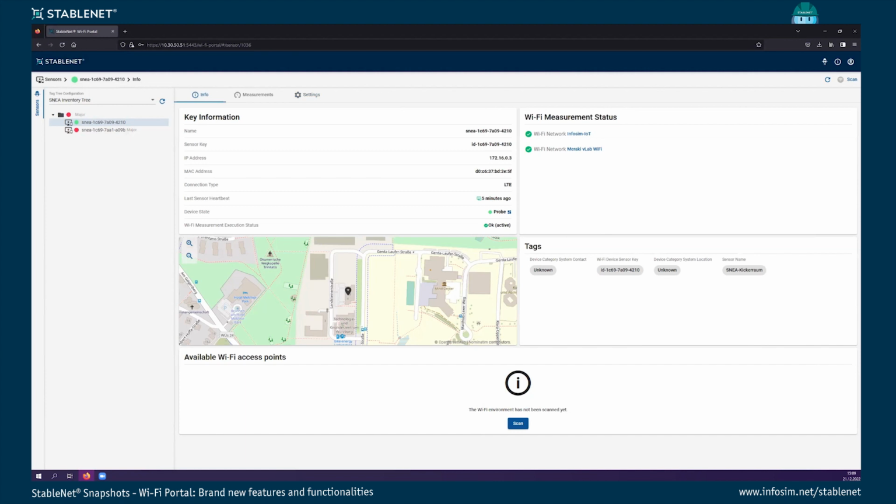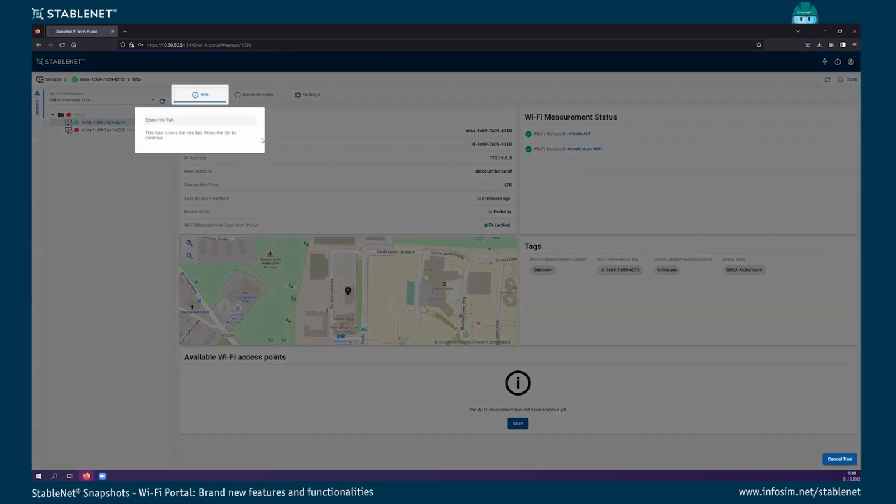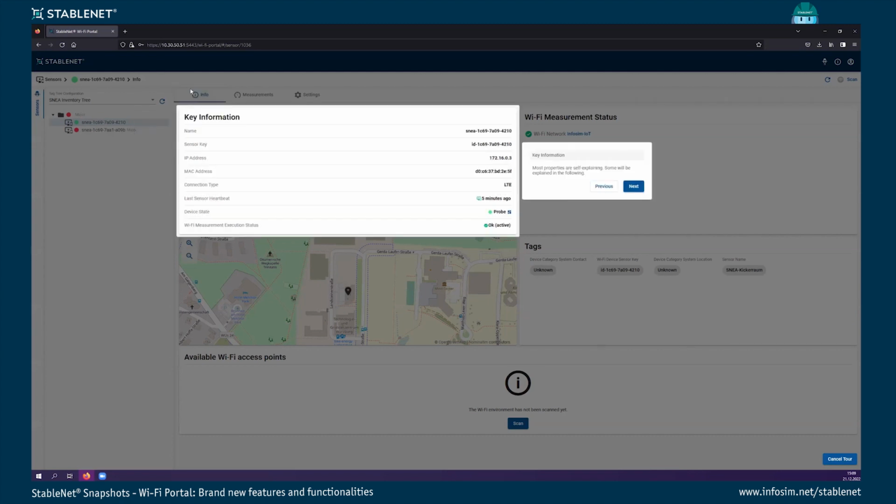Okay, so much about this. Then maybe this is also a good place to show you the guided tours. Guided tours, of course, is a feature we did not only introduce for the Wi-Fi portal, but for the Wi-Fi portal, there are quite a few already in place for helping you understand what you're seeing. So basically, the guided tours work with interactive buttons you can click on with some information. We don't have to go through all of this, but basically, okay, this NIA has a name, an IP address,